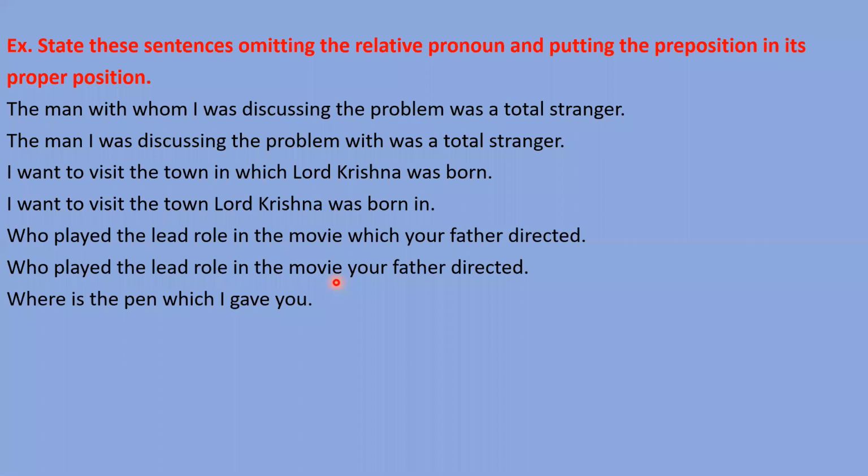Next, where is the pen which I gave you? Sorry, an interrogation mark will come there. I forgot to mention. So where is the pen which I gave you? You need to remove the relative pronoun. How will you say this? Who will let me know? Yug Chaudhary, please tell me. Sir, where is the pen I gave you? So both the sentences are right. I can also say, where is the pen which I gave you? Or I can also say, where is the pen I gave you? Right.